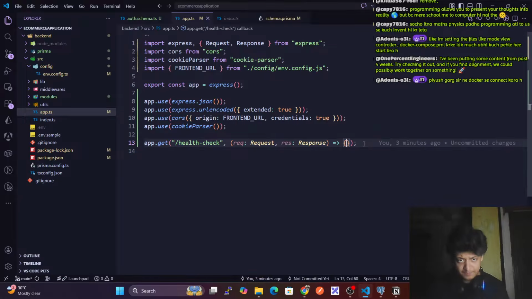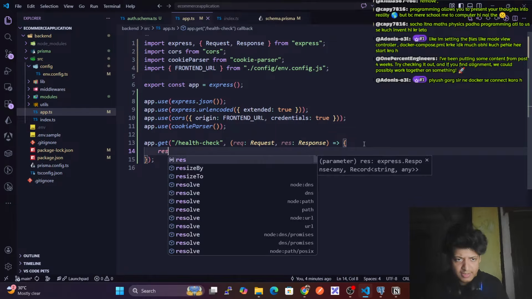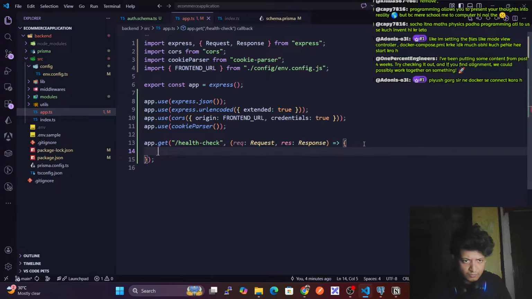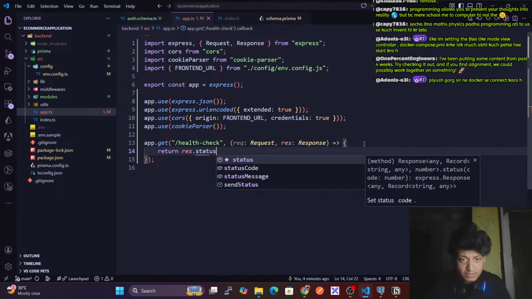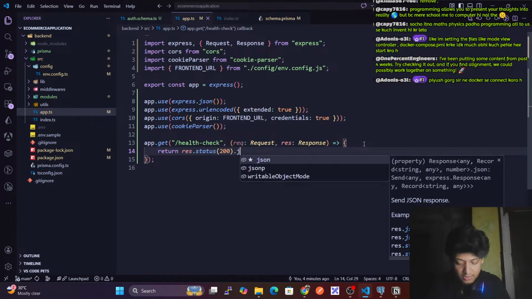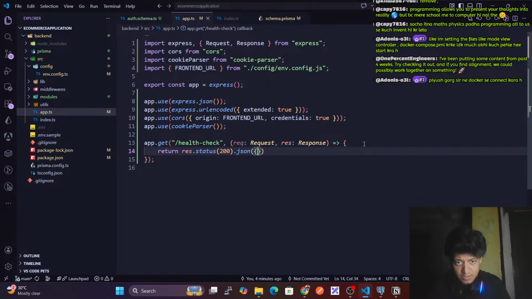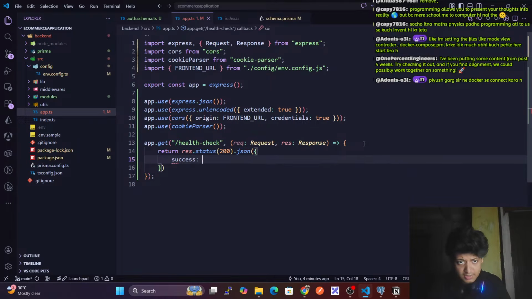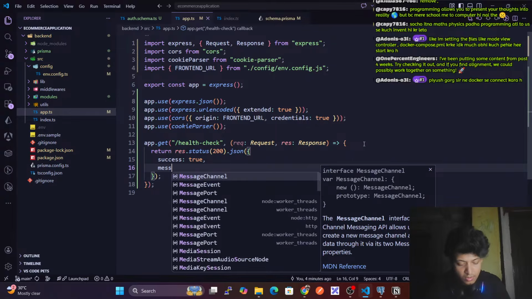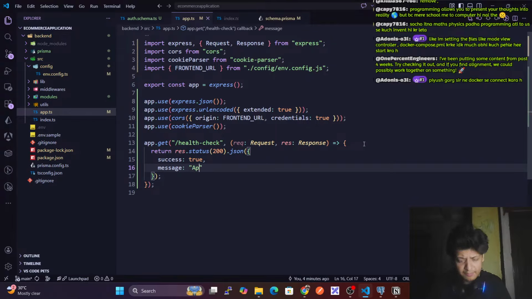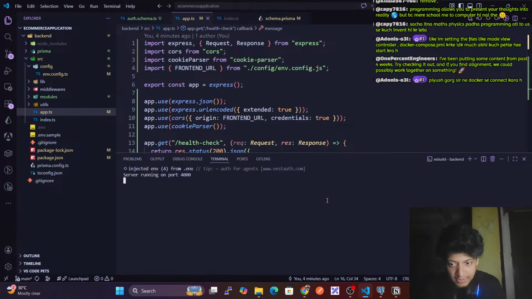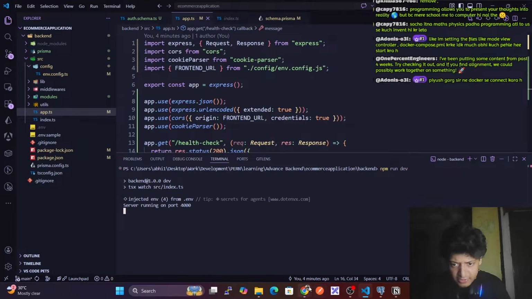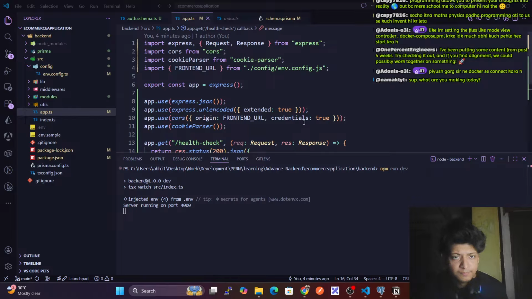So we have this res.status(200).json success: true, message: API is working fine. Okay, now let's see what we get. Okay, no issues. Close it. Let's restart it. npm run dev. It is working fine. So we can create a new